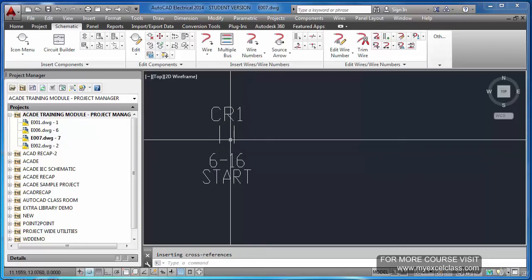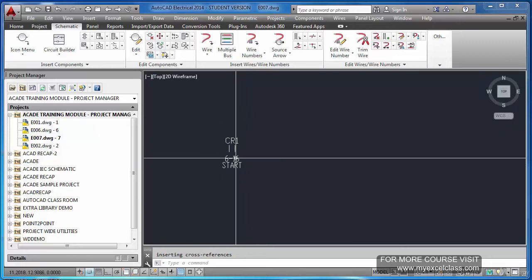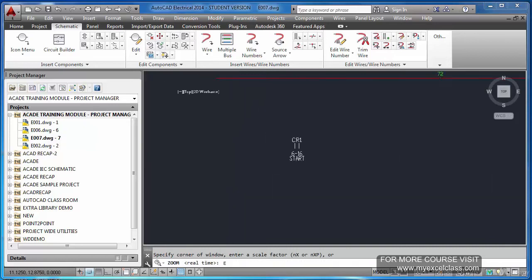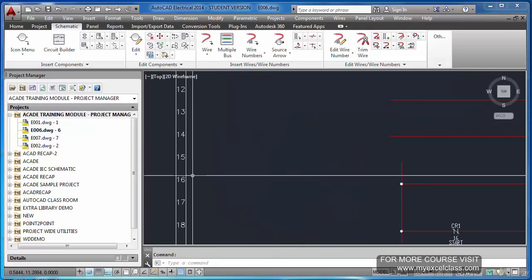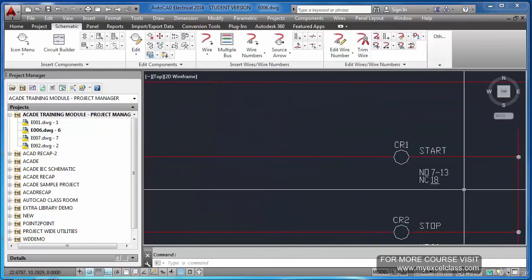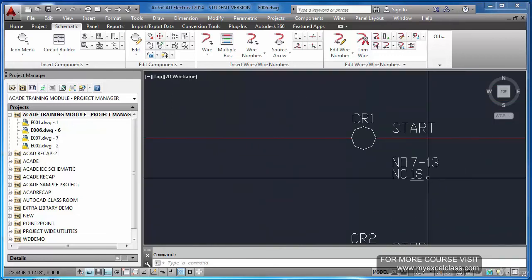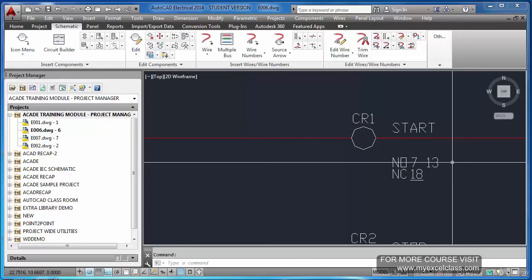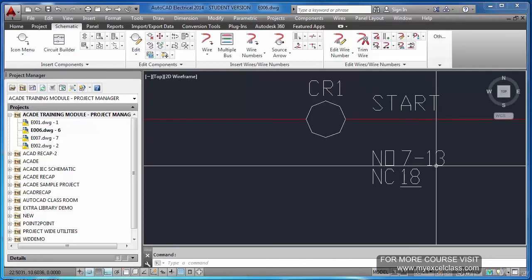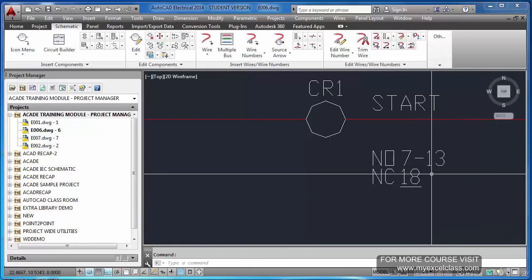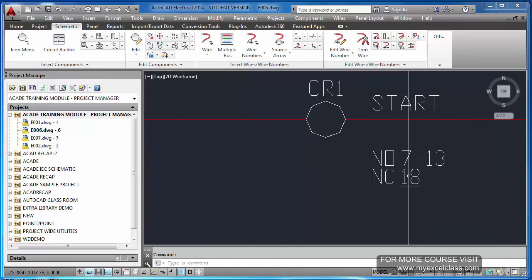It is saying the parent you can find in sheet number 6, line number 16. Line number 16 is here. This is CR1. You have used one NO at sheet number 7, 13, and here it is only symbol 18 because it is in the same sheet.